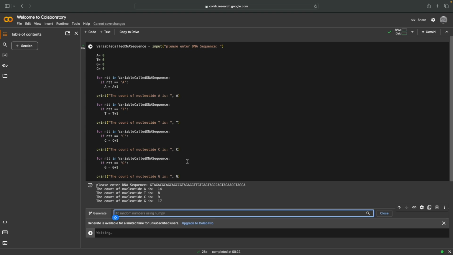So, I want this thing to write me a Python code that would ask a user to input a DNA sequence and count individual nucleotides in it. That's my problem. And just press enter